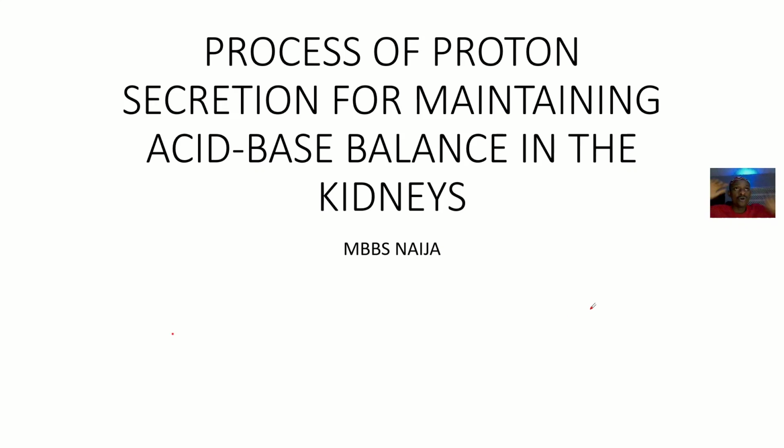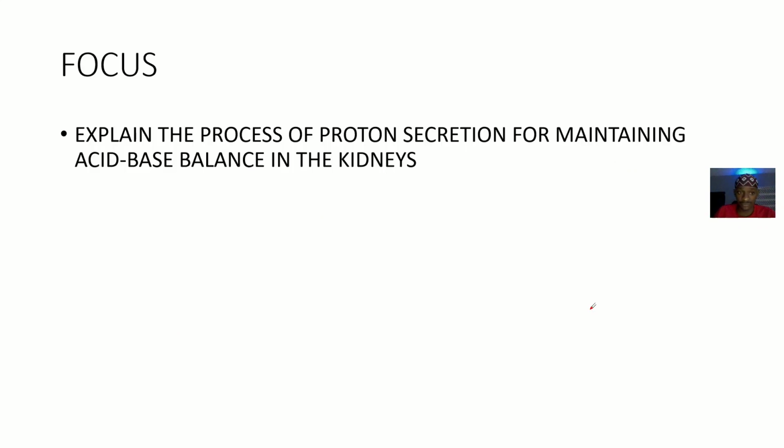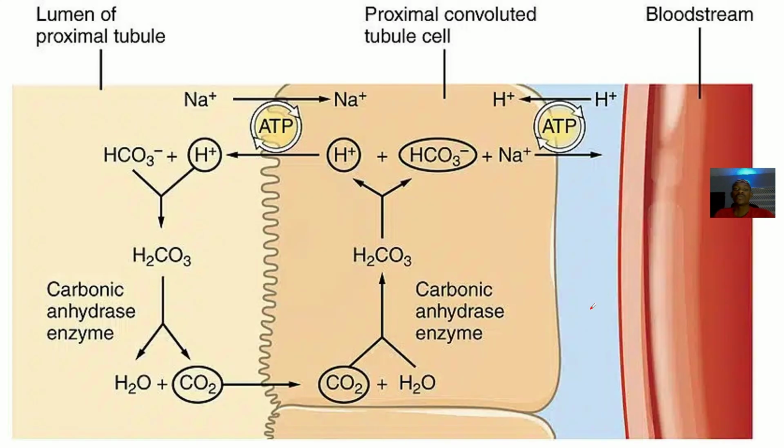All right, so I haven't gone through all the exam questions in this exam. I would say that this one was actually the one that requires you to write a lot. Okay, so they said: explain the process of proton secretion for maintaining acid-base balance in the kidney. So proton secretion is simply you talking about the role of hydrogen ion in maintaining acid-base balance in the